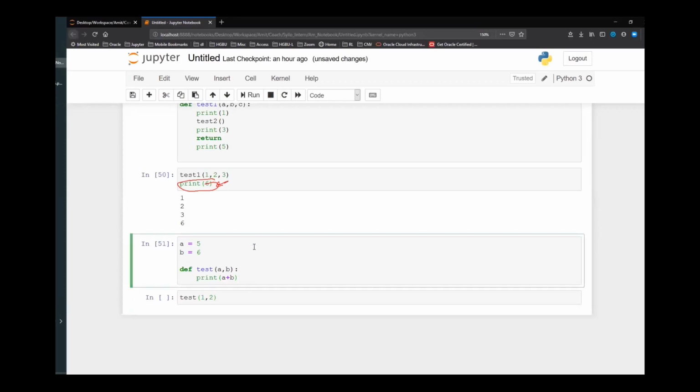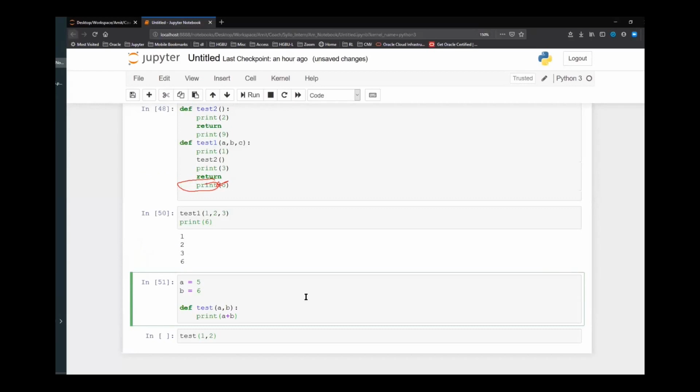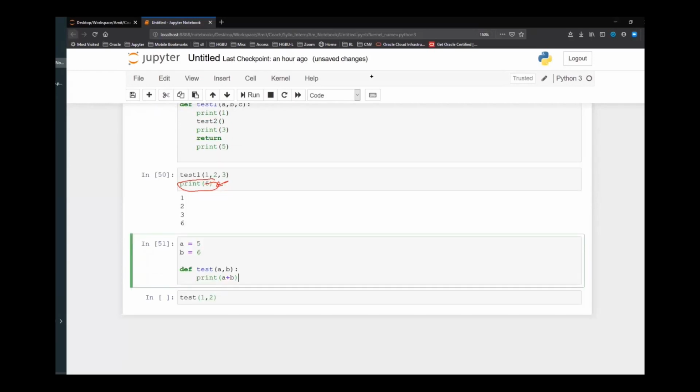Now for this example, what will be the output for this code? How many of you think it will be 11? Is anyone thinking the answer will be 11?